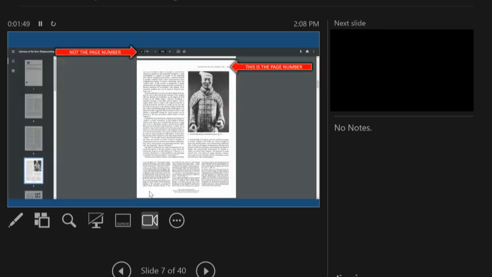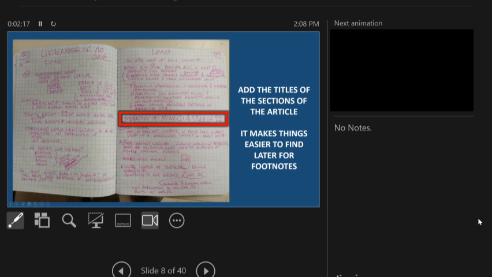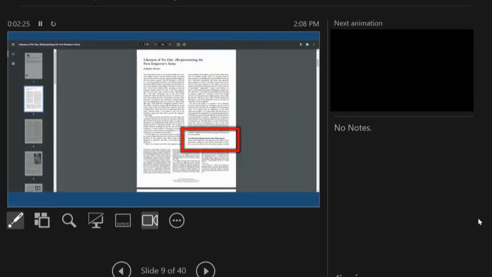When you are reading your article, that number up here is not the page of the article, it's just the page of the PDF that you are reading. You'll find the page of the article is either in the upper corner of your pages or down in the lower corners of your pages. It might help if the article has different sections. They sometimes do that. For example, in this article right here, it has these different headings. And so you put that in your notes because then that makes it easier to find later on